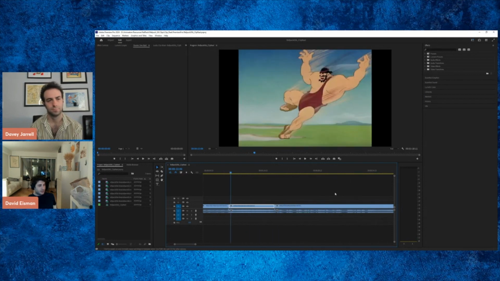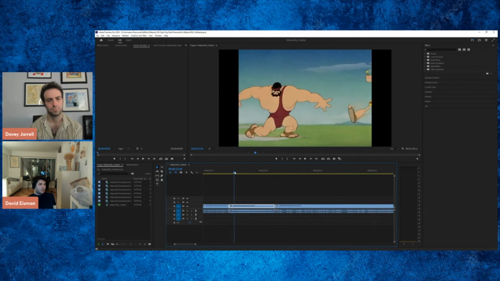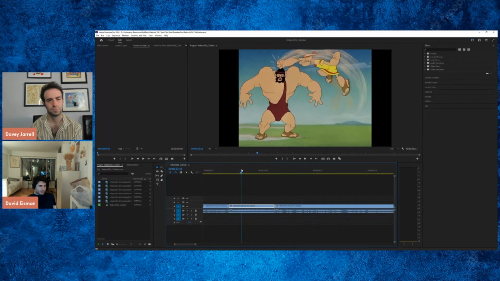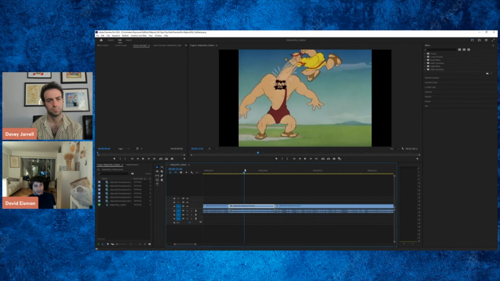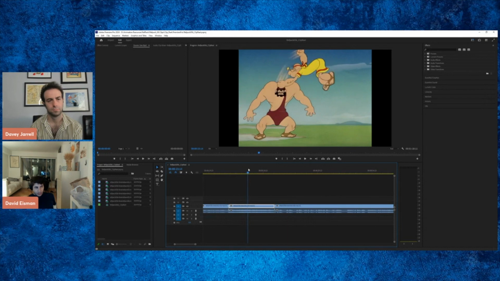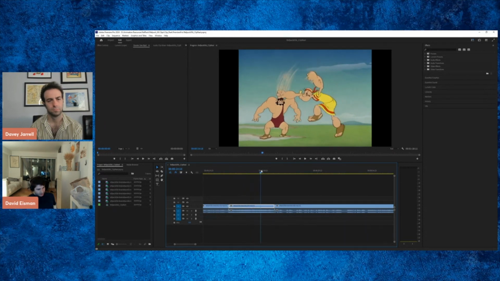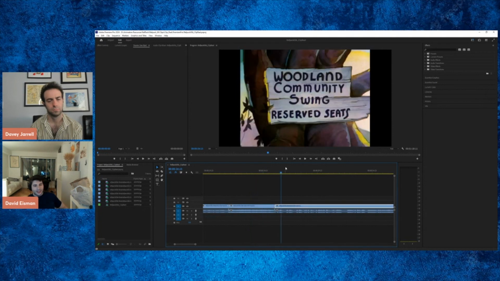This next one, second to last, is morphs. This is an example of a staged morph, where every time Popeye hits Hercules, he staggers and then gets smaller, staggers, gets smaller, over and over again. I just thought it's a really nice use of timing. And then finally, the very long pan.